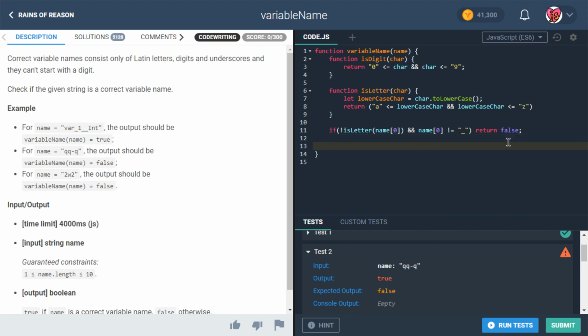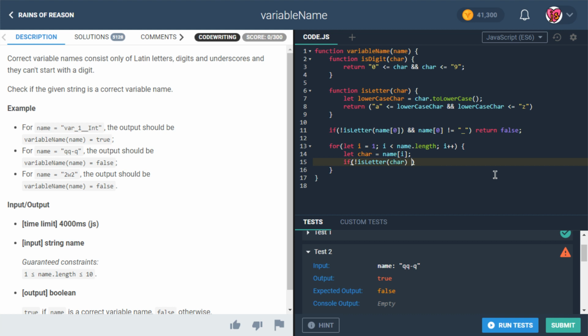And if we make it past that, then I guess we'll run a loop on this. We'll say for let i is assigned the value of 1. Notice we're starting at 1 because we've already covered the case for 0 above, in the previous line over here. We looked at the first character, and the reason we did that separately is because the comparison is going to be a little bit different. Before we go any further, we'll just say let character be assigned the value of name at i. And then we'll say if not is letter,